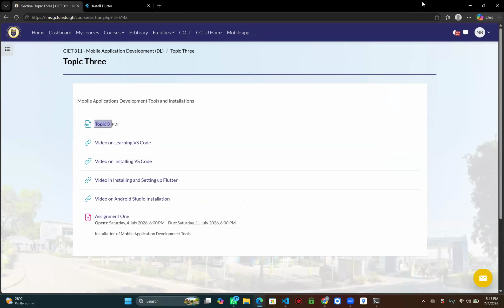Let me hide this. How can I even hide this? I'm not seeing the top of the screen. So you do it. Stop share, leave share, and then copy and paste.